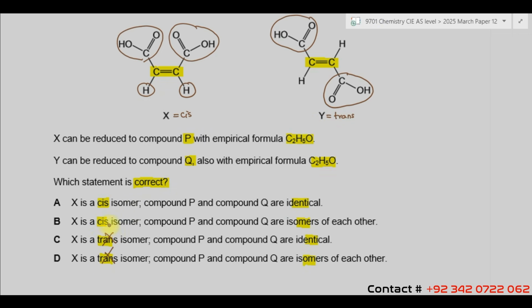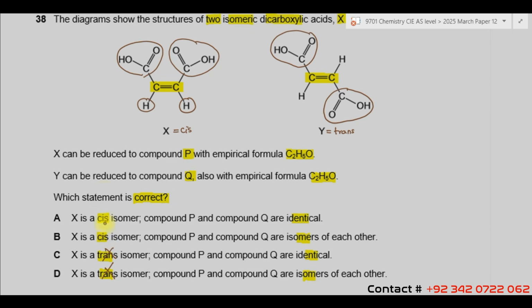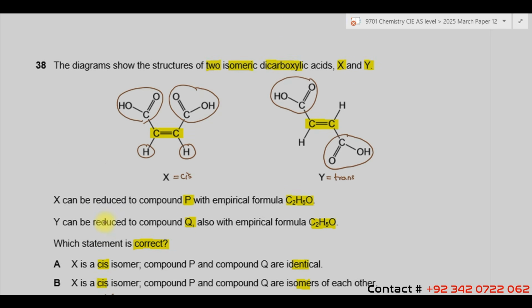A and B could be correct options. Alright, now let's see the second part, which is the reduction to compound P with this empirical formula. Okay, let's reduce. Carboxylic acid can be reduced by LiAlH4. So carboxylic acid is converted into primary alcohol,